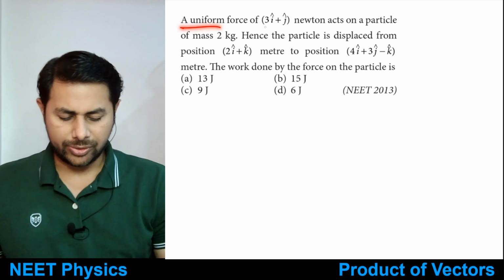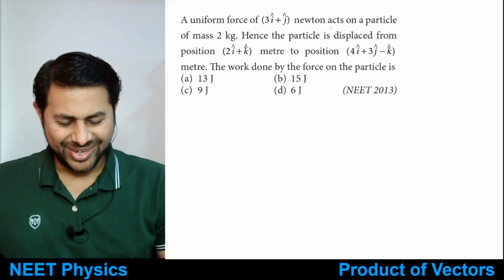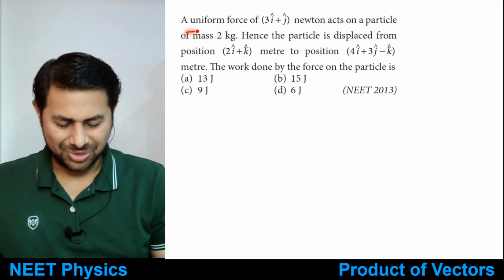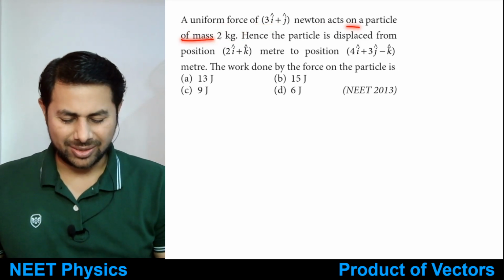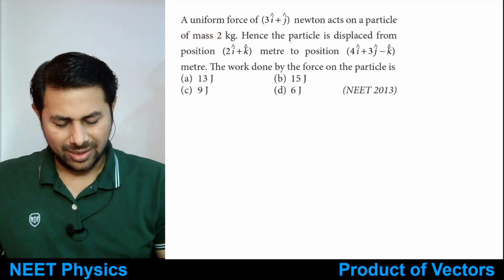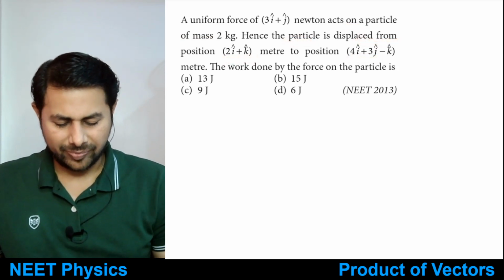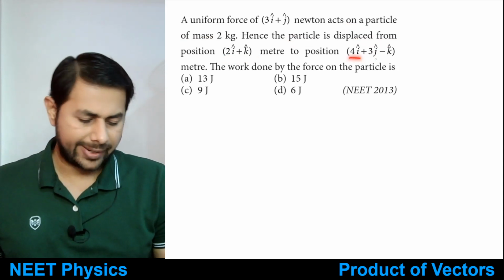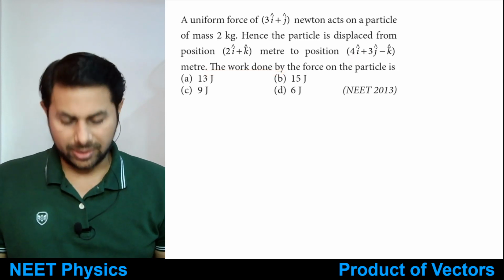A uniform force 3 i cap plus j cap Newton acts on a particle of mass 2 kg. Hence the particle is displaced from position 2 i cap plus k cap to position 4 i cap plus 3 j cap minus k cap meter. The work done by the force on the particle is,